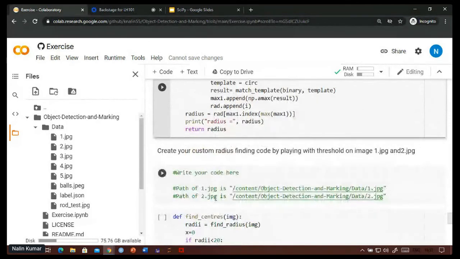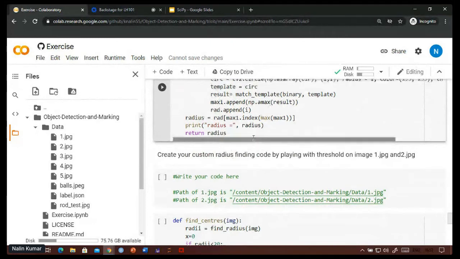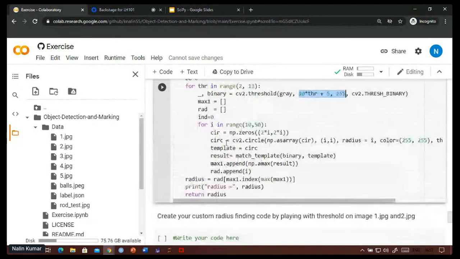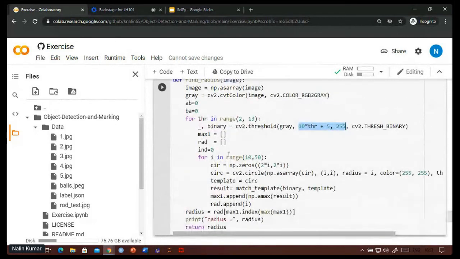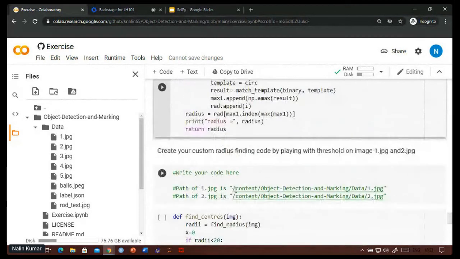If it's a different object, even if not a circle, say an oval shape that's almost a circle, this code certainly won't do. You would have to make some adjustments so that it can find a radius such that most of the objects can be completely enclosed in the window. So you can play with these images. Okay.